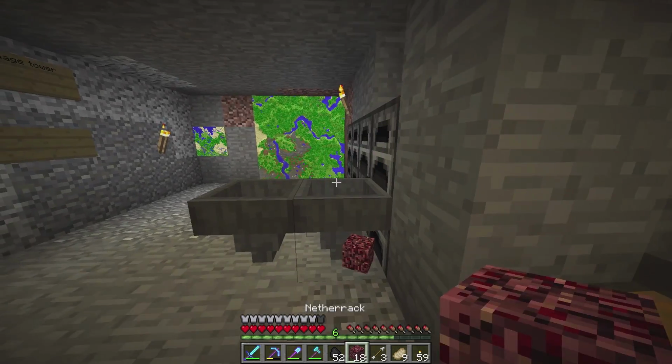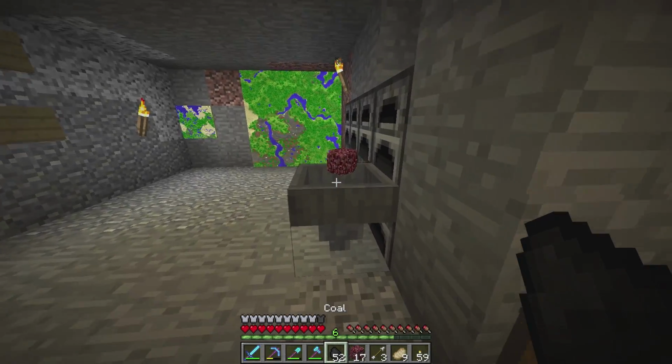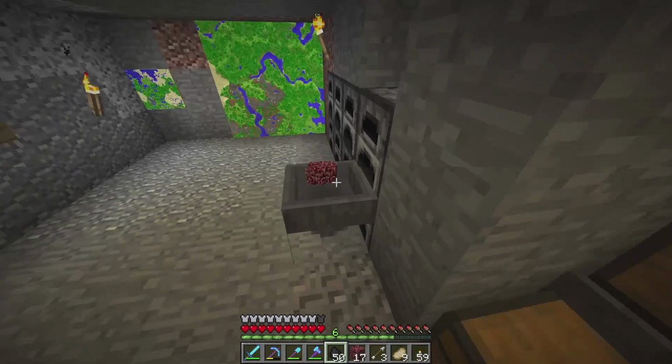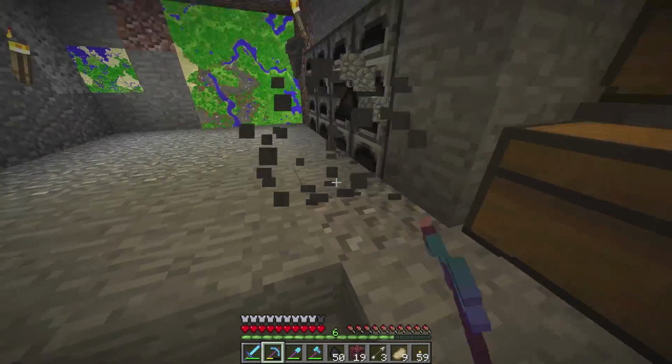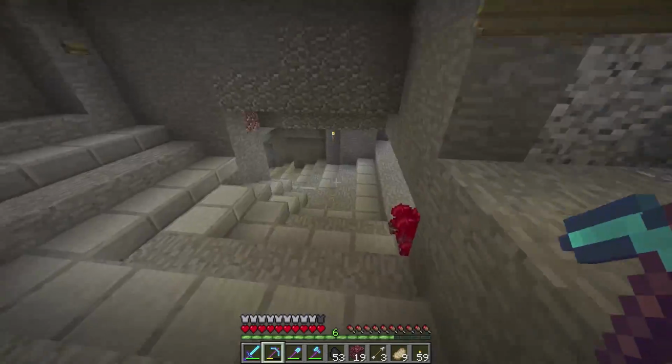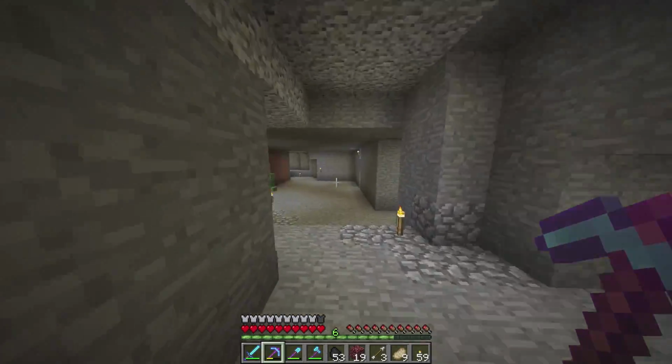Say that we try to throw netherrack on it. It will not work. The netherrack will just stay in there. Say that we try to throw coal on it, though. The coal will get sorted. So the netherrack continues to get pushed along. I hope I'm explaining this well enough, but generally, I think you guys get the idea. So we're going to have a place in our base where we are going to...